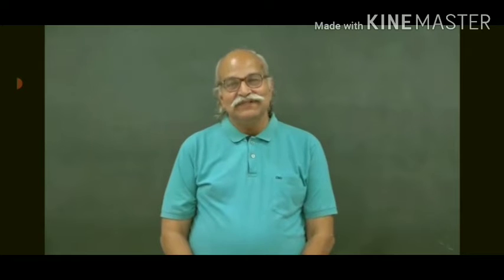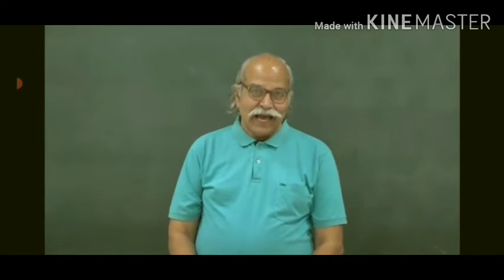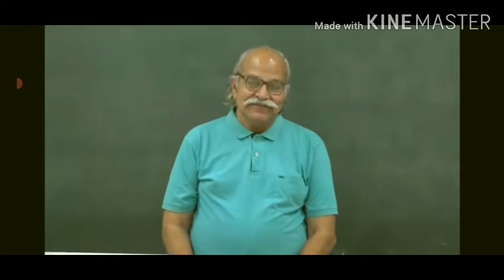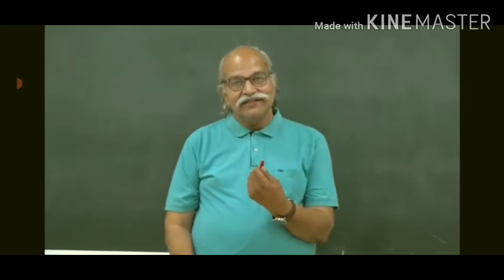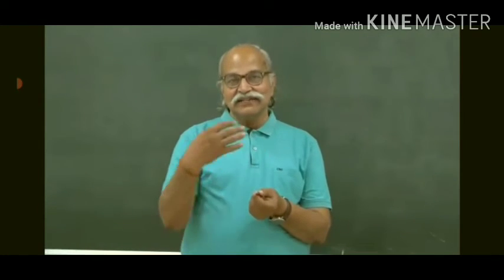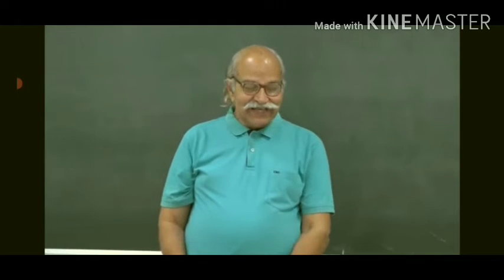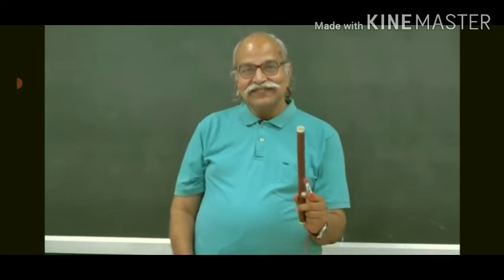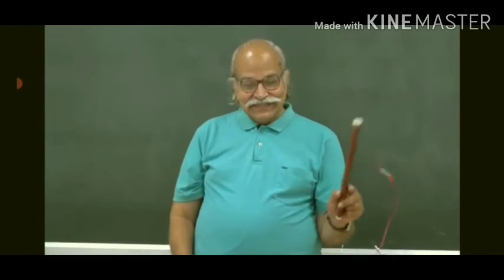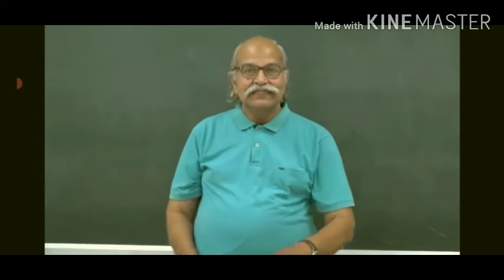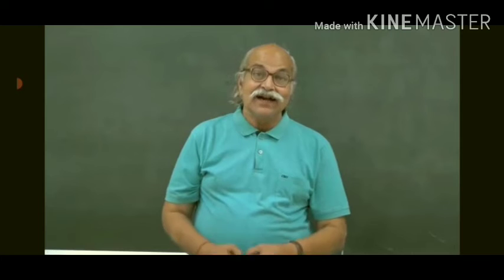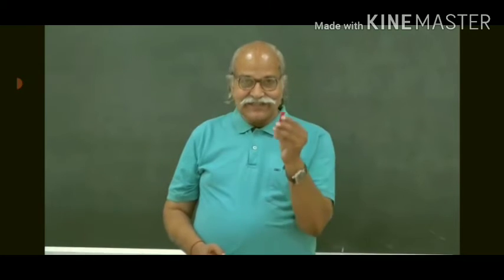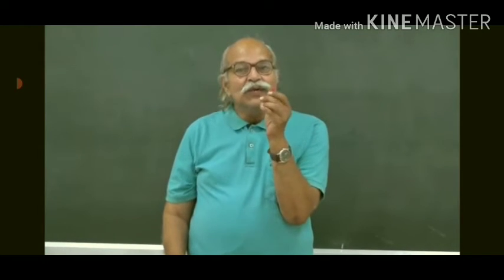So, essentially you have two ways apparently to produce magnetic field. One is you just bring a magnet and place it somewhere and you have a magnetic field around this, and another way is to pass a current through some circuit, and then around this a magnetic field is produced. Now, these two seem different, but they are not different fundamentally, because what the magnet is, it is equivalent to